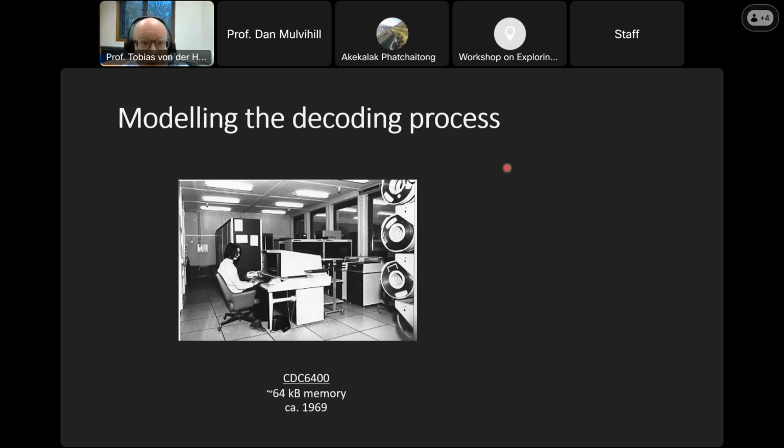So I said we use computers to model the decoding process to interpret all of this information, and that's actually not a new thing to do. The first computational model of ribosome movement was published in 1969, the year I was born actually, which I've always thought of as a good starting point for me to start getting into this discipline. But the computer that was used at the time is actually this, and this man here